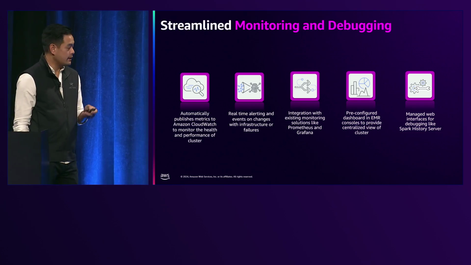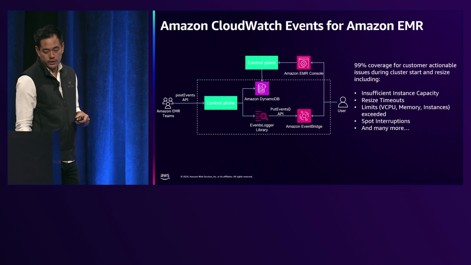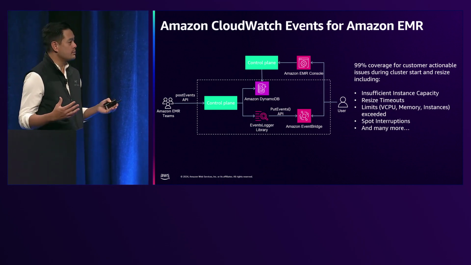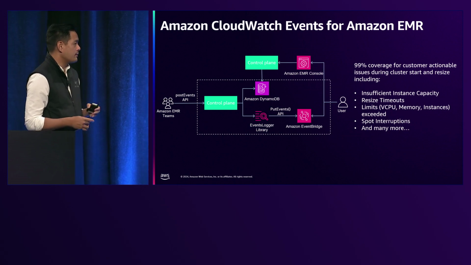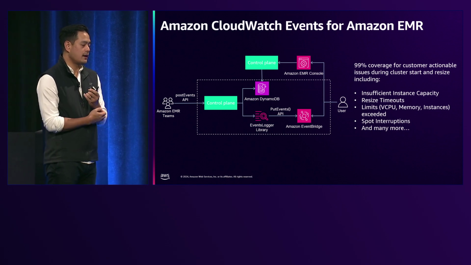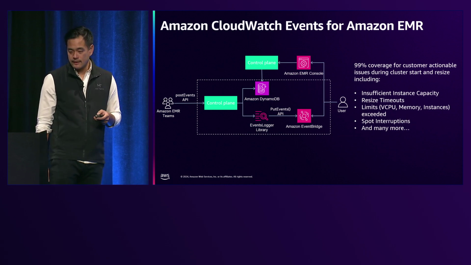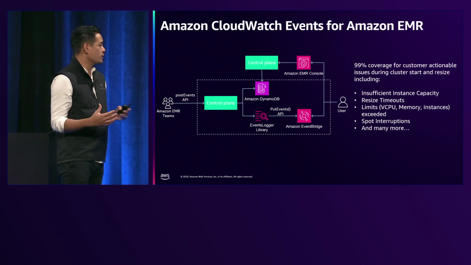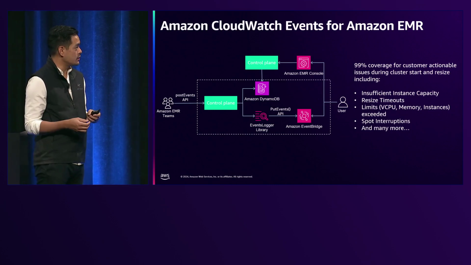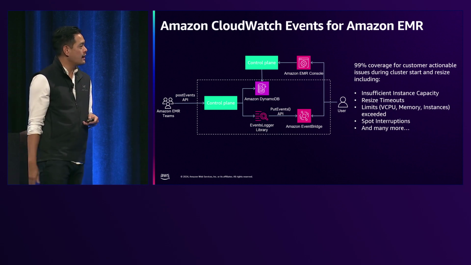So one specific example of this is how we emit CloudWatch events and metrics. So in 2024, to improve visibility, EMR achieved 99% coverage of customer actionable insights. This includes everything from insufficient capacity areas, different resize timeouts, different limits that you may be hitting like vCPU limits or instance limits and spot interruptions. How we did this was we built a central control plane layer where internal teams were able to publish their own metrics as they built different features, and that would automatically get surfaced to customers' EMR consoles as well as